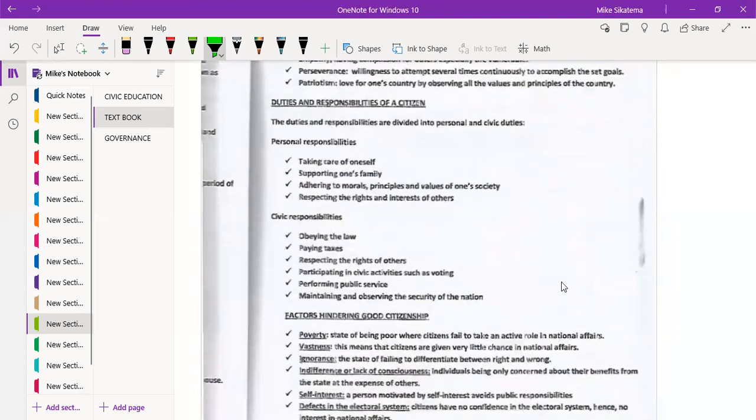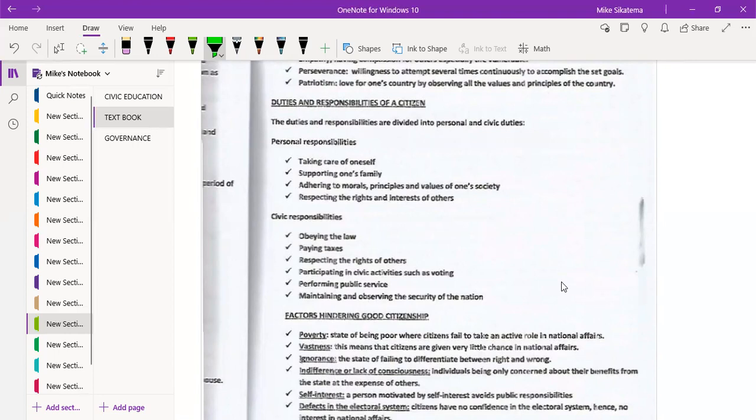There are certain duties that every citizen has to uphold on a personal and on a civil level. Personal level, that's where you have to take care of yourself, your personal hygiene. You have to protect your family. You have to have ethics, so adhering to morals, principles, and values of one society, respecting the rights and interests